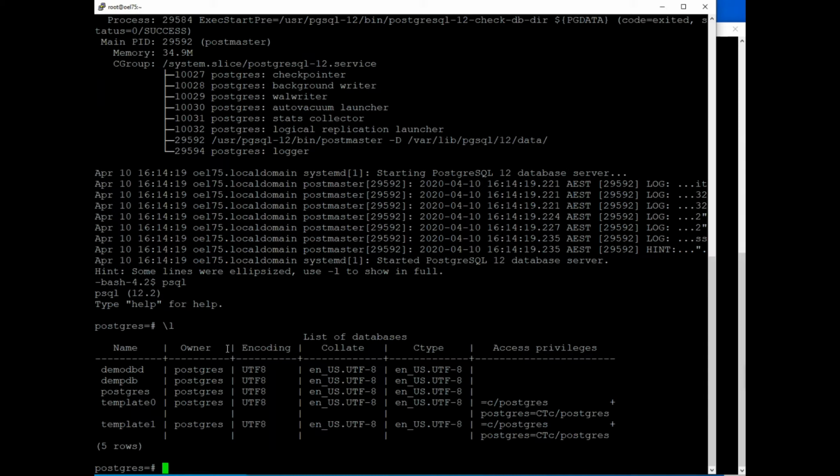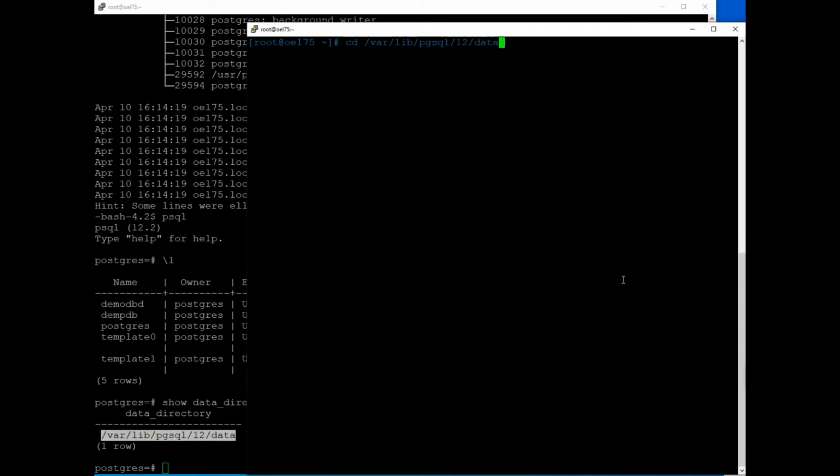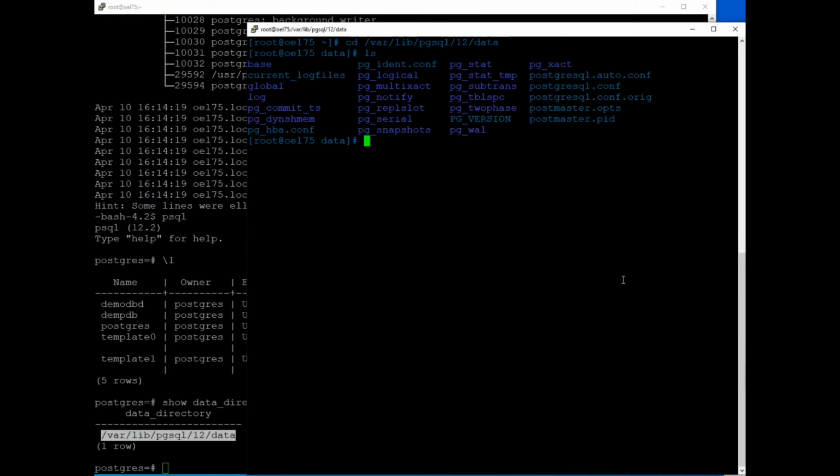So as a DBA, we can think of where actually my databases are sitting or where those databases reside. So the main thing is that all the database data files related to this database are sitting under the main base directory. So this is the path. If you go to that path, here is my other session. So here there is a base directory. So if I go to the base,